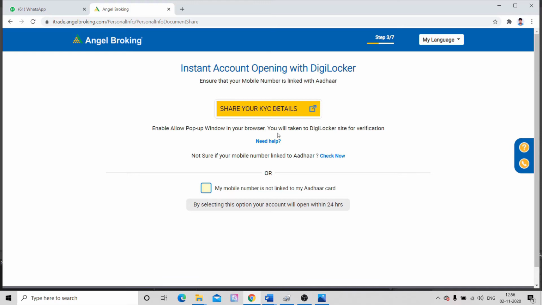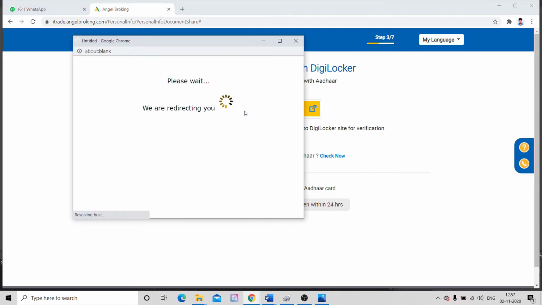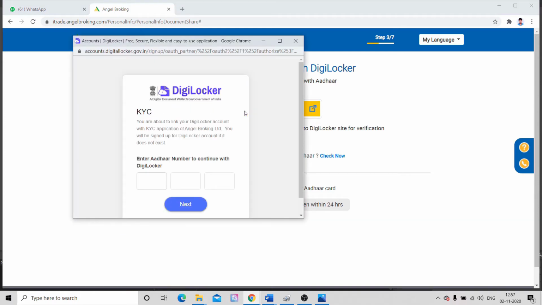If your mobile number is linked to Aadhaar, you can complete your account opening process easily by sharing your Aadhaar details with DigiLocker. Otherwise, you need to click on the option below. So I am using DigiLocker to share my KYC details. Click on that and give your Aadhaar number here, 4 digits in one box.